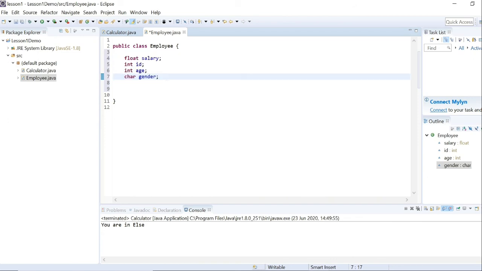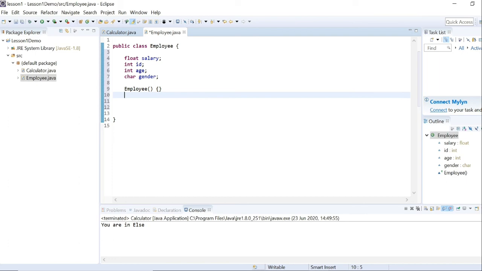After that I need to define a constructor. If I don't define any constructor, the default constructor will kick in when I create an object, right? So I'm going to define a constructor. In order to define a constructor, we need to specify the class name. So employee, employee is the class name, then brackets. So this is a default constructor, right? I'm not going to specify anything in it, just leave it empty. Then I'm going to override the default constructor,